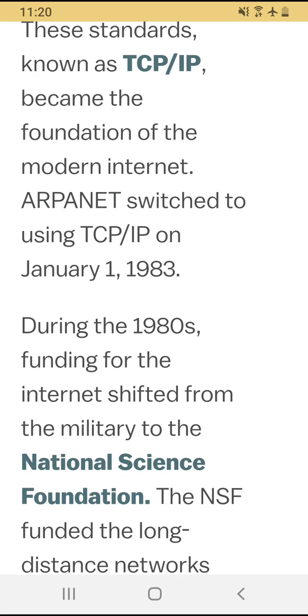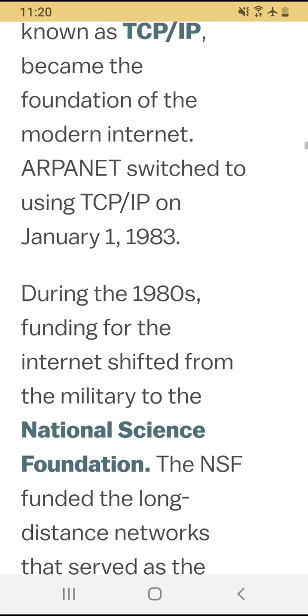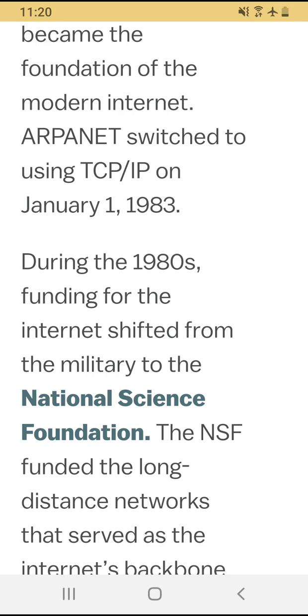ARPANET switched to using TCP/IP on January 1st, 1983. All right, so 1983. Y'all remember TCP/IP 1983, and you can remember January. I always try to remember the dates.